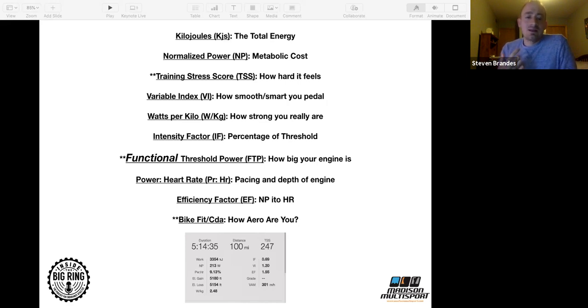It's not about getting as low as you possibly can, because you see pictures of really good athletes in really low positions. One, you need to understand these people have been riding these positions for a long time. Two, you need to look at it in regards to, what is the distance of their event?